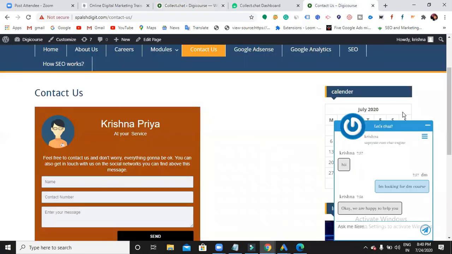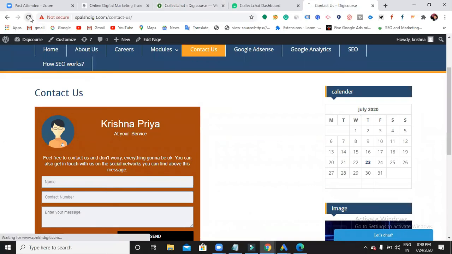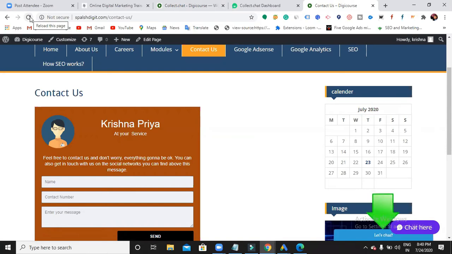So now let us open the website and then refresh it. Can you see the chatbot? Yes. And again, chat here also we have. The purple one. Why is it showing you the purple color? Because you have selected the color, right? I have selected the color. And chat here, why is it showing you the chat here?